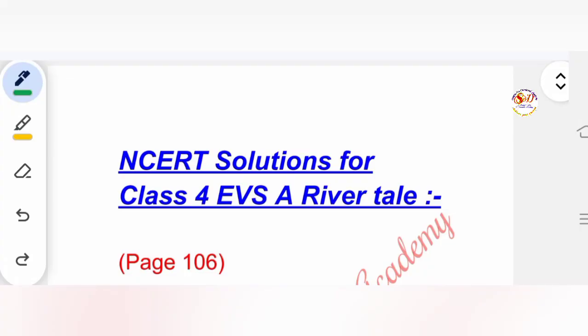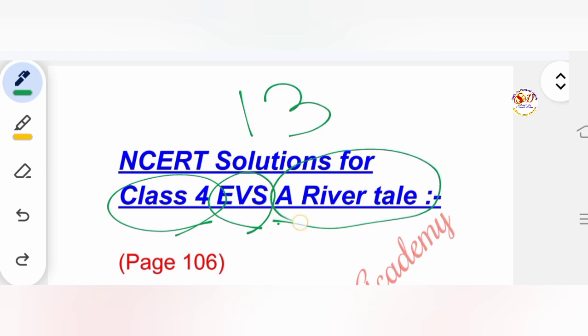So आज हम डिस्कशन करने वाले हैं एनसीईआरटी सॉल्यूशन क्लास 4 का EVS करेंगे, चैप्टर 13। ठीक है, चैप्टर का नाम है ए रिवर टेल।